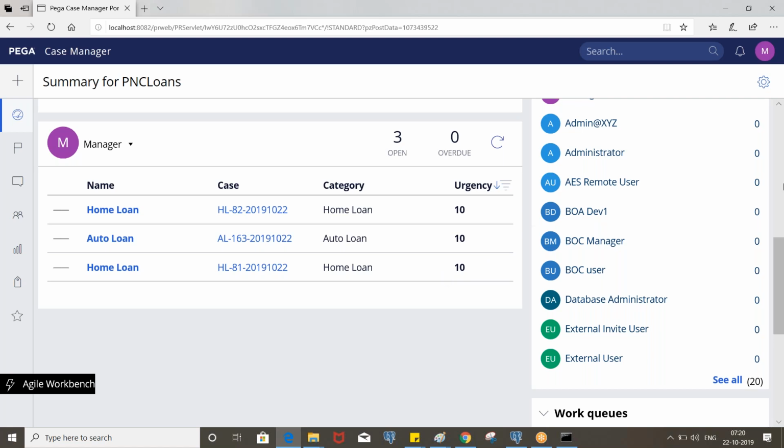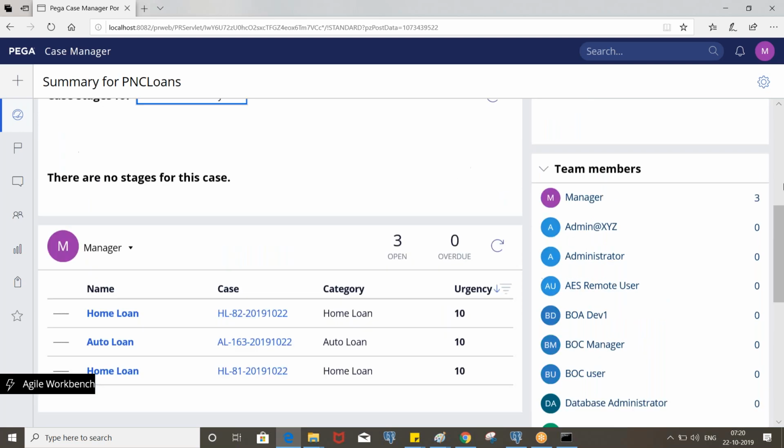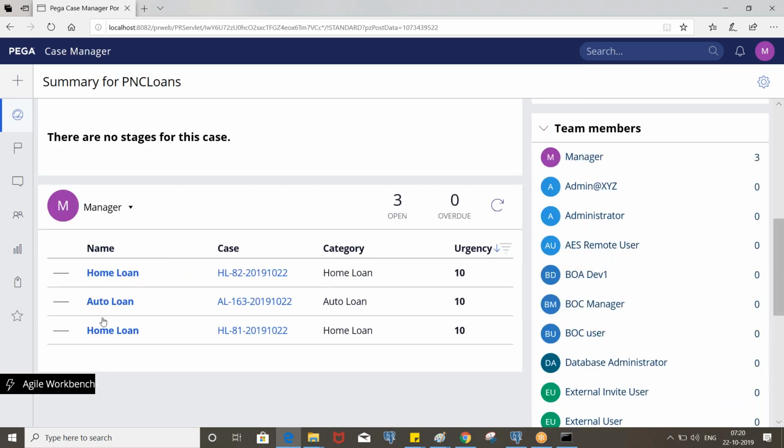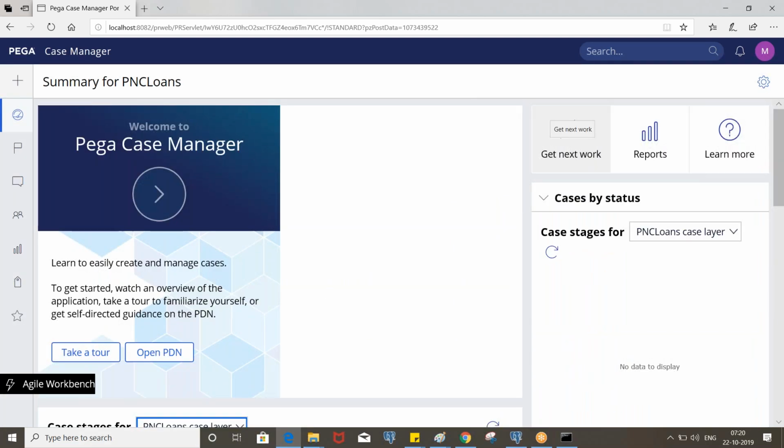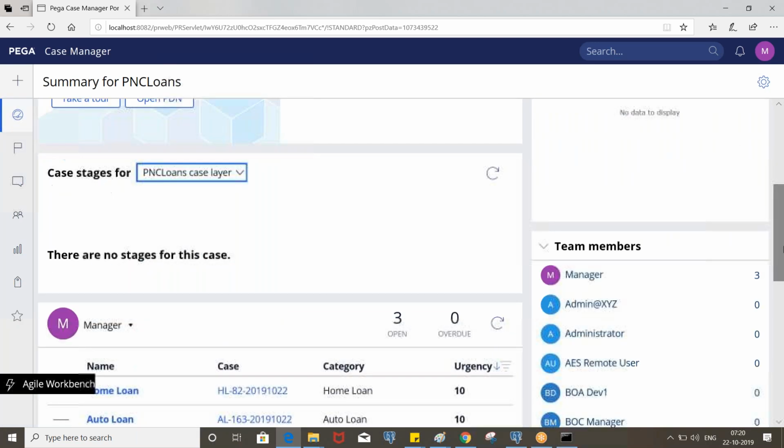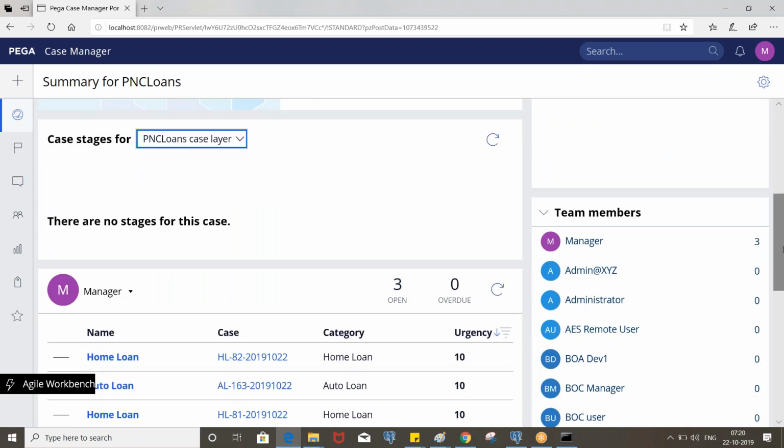In a real-time application, the user will not pick an assignment randomly. We will have Get Next Work, and when you click on that, the most appropriate assignment will be opened automatically. Any question?